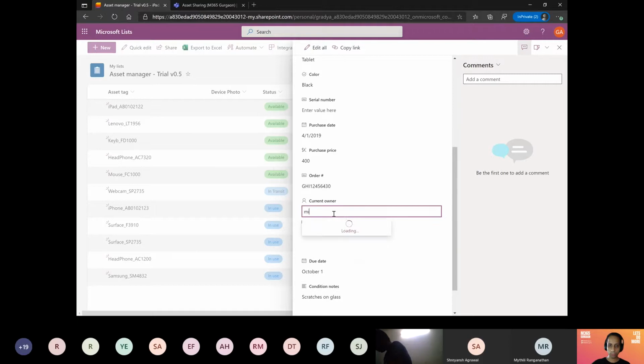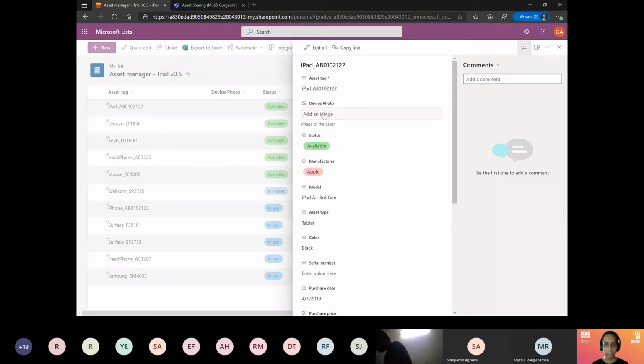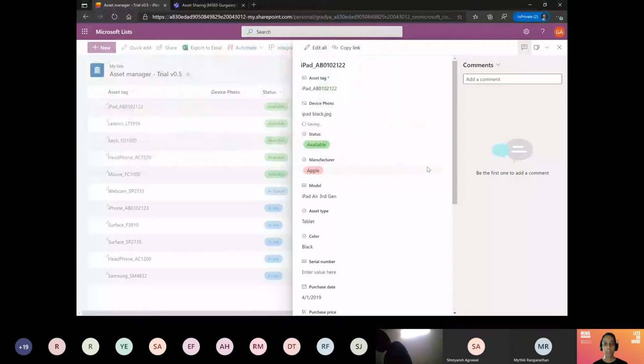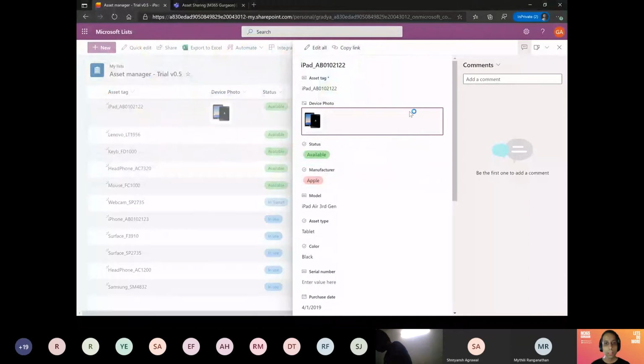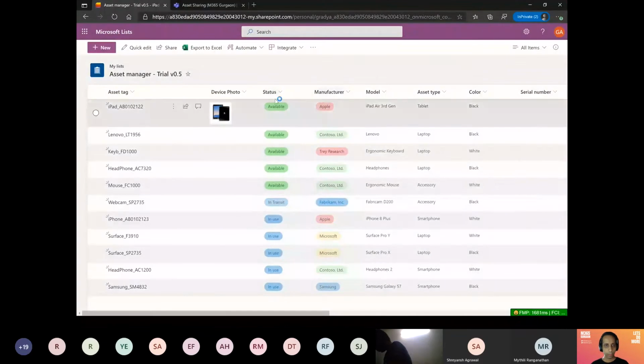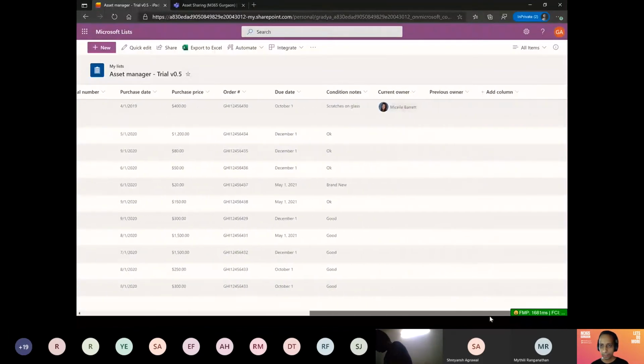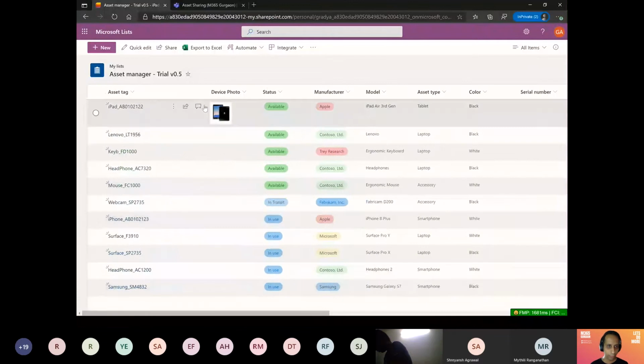So let me add an owner. And let me add an image. Okay. One interesting thing which I didn't mention here is that if you look, there is a new icon here, which is the comment icon, right?